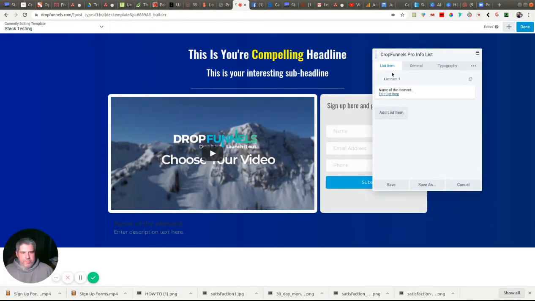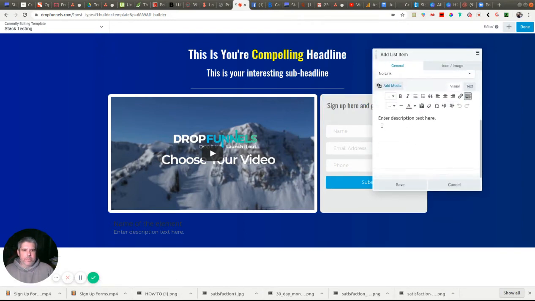So in this one, what you do is you set everything on a per line basis. So each icon can be set, so you can have like a list of red X's and then green check marks, like this is not what it is, this is what it is. It's a lot more flexible to do it with this list. So what I'm going to do is I'm going to edit the list item,